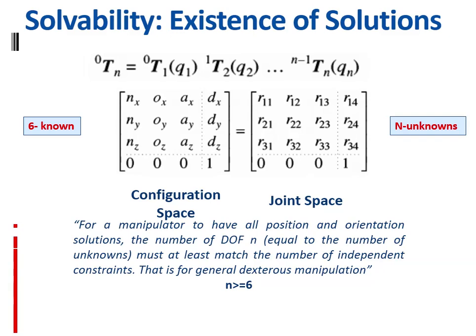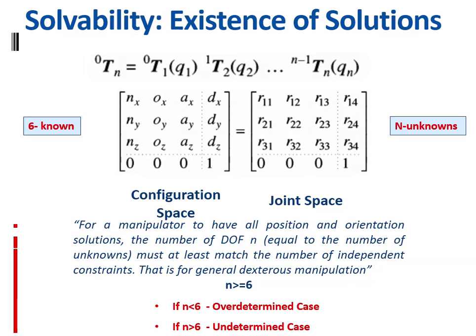Now what happens for a manipulator which has less than or more than 6 degrees of freedom? That is more complex. If it has less than 6, that is called an over-determined case. In that case we have 6 equations, but the unknowns are fewer than 6. So that case is called an over-determined case. Whereas if n is greater than 6, that is called an undetermined case. That means we have only 6 equations, but the unknowns are large.